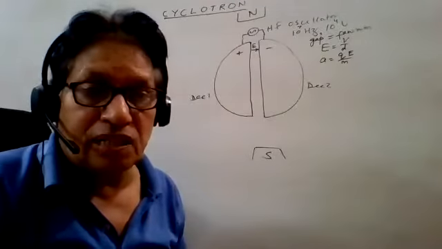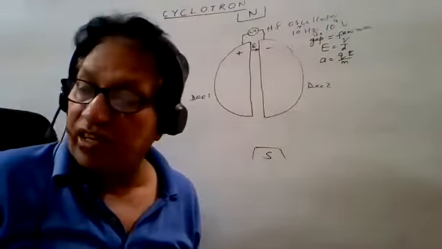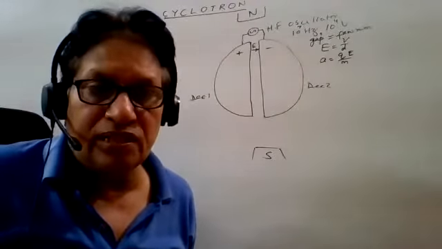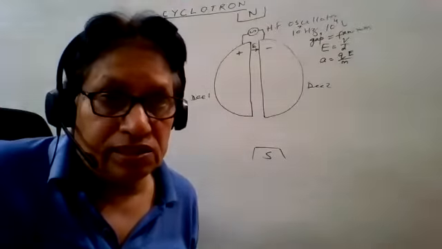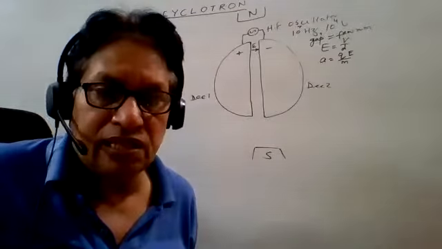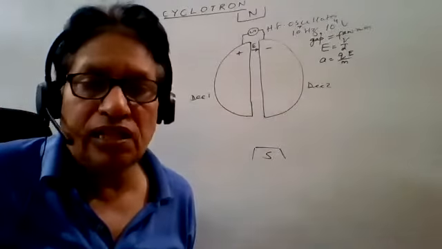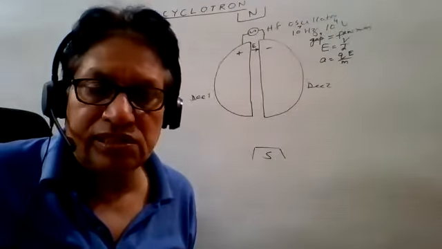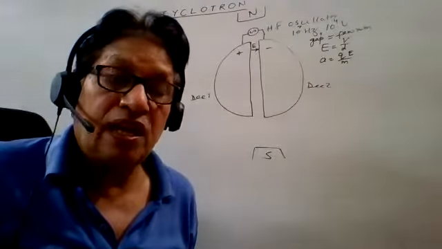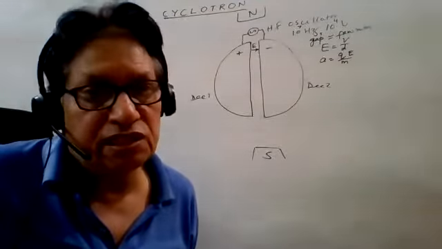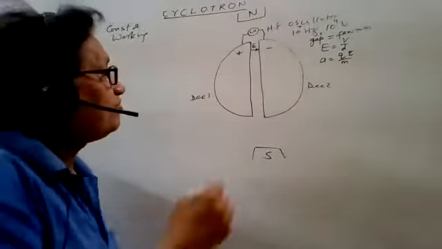Now here is the very important role of the magnetic field. It changes the direction only. We have discussed that a magnetic field cannot increase the speed and kinetic energy, but it can change the direction. Here the electrical field is required to increase the kinetic energy, speed and velocity. At the same time, the magnetic field changes the direction. Combined, we get the increased kinetic energy.